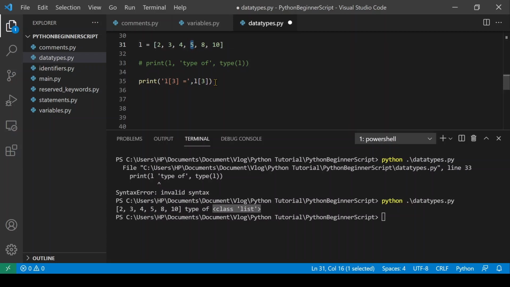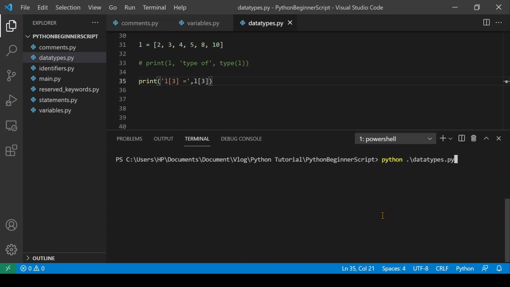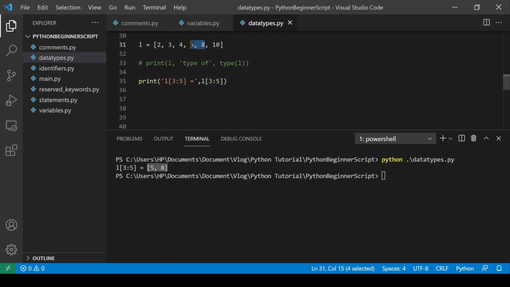Now if you want to access any element or slice of elements, the process is the same as string. If you want to access the fourth element, you have to write l square bracket of 3, and if you want to access a range of elements, you have to use slicing like string. Let's say you want to access the rest of the elements after the third element.